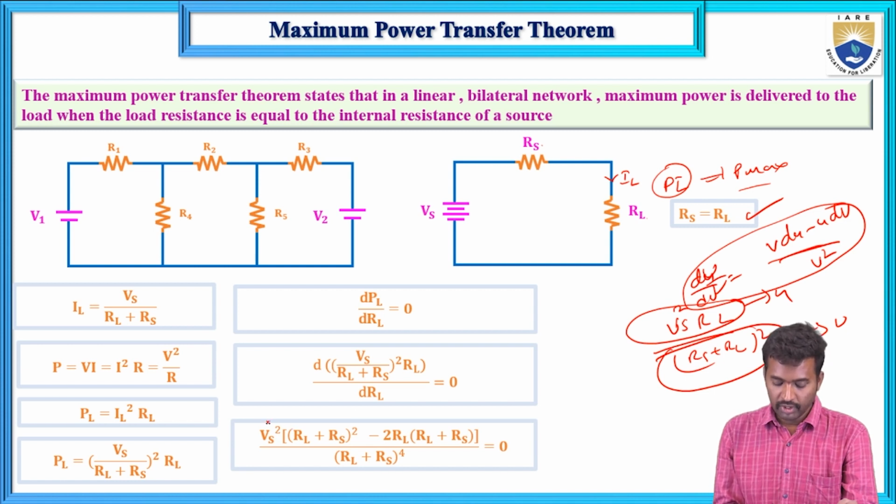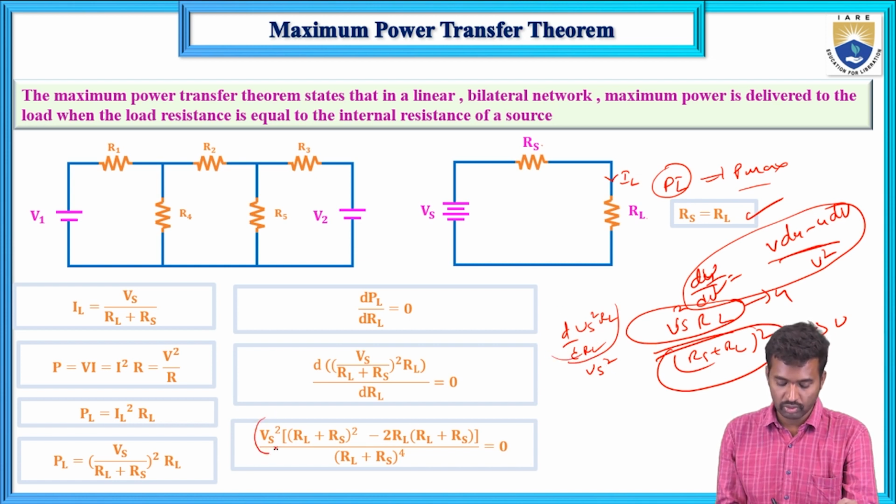Next, differentiate Vs square RL with respect to RL. Now this R dRL gets cancelled, so we have only Vs square. If you derive this one, you will get Vs square only, and minus 2 into minus Rs plus, this is U, and